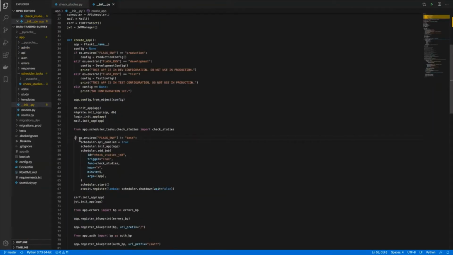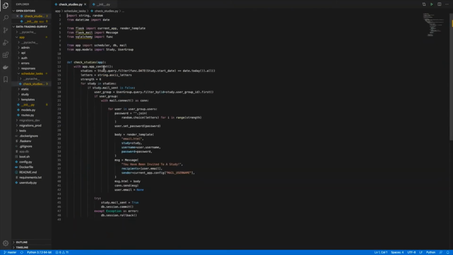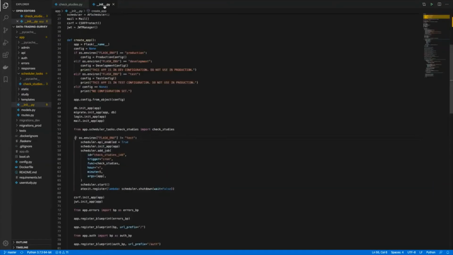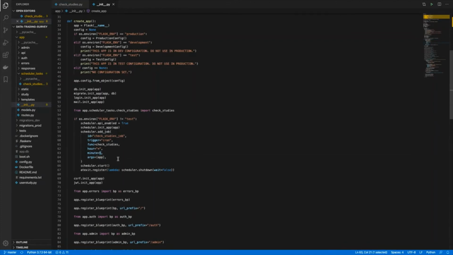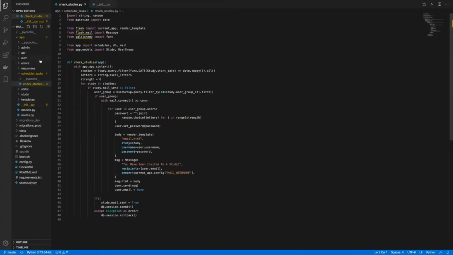So I previously mentioned this scheduler. What the scheduler does is it adds this check studies method to the job list to be run every hour at 5 minutes past every hour. And what this scheduler job does, which is specific to the administration package or module, is that